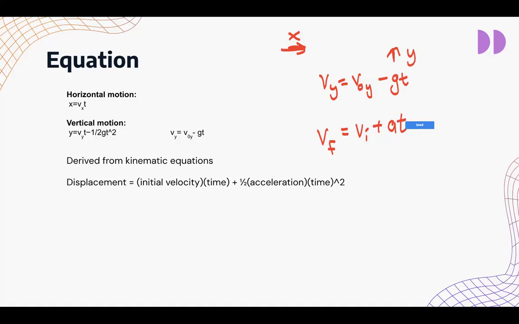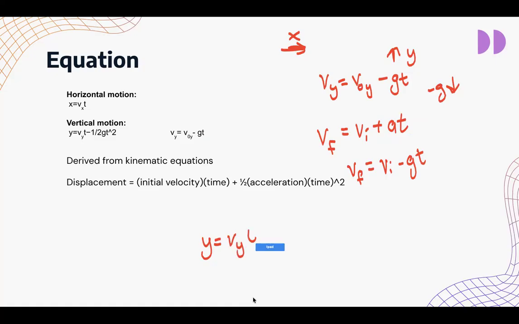Correct. Wow, so similar. It's negative g again because g is downwards. And then everything else is the same basically. You just substitute it out for g, because acceleration g is an acceleration in a vertical direction, right? And then you do the same thing with this, right? The distance vertically is equal to